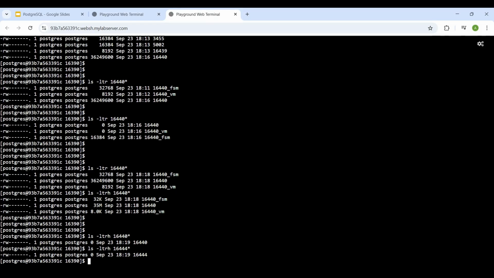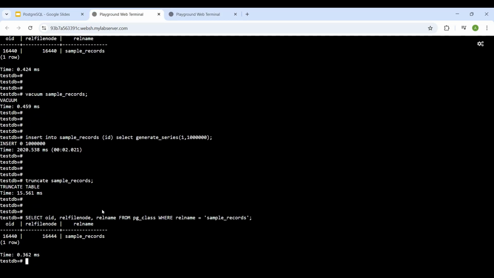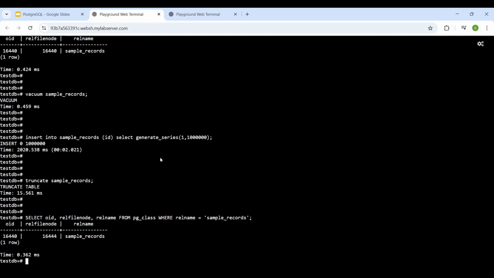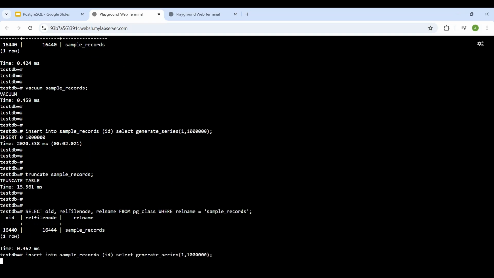Now that is basically what happens under the hood. Once you truncate the table, it basically deletes the older data, and obviously it makes the older rel file empty, and it creates a new file, and then it points the table to the new file only. Now if I insert those 10 lakh records once again,